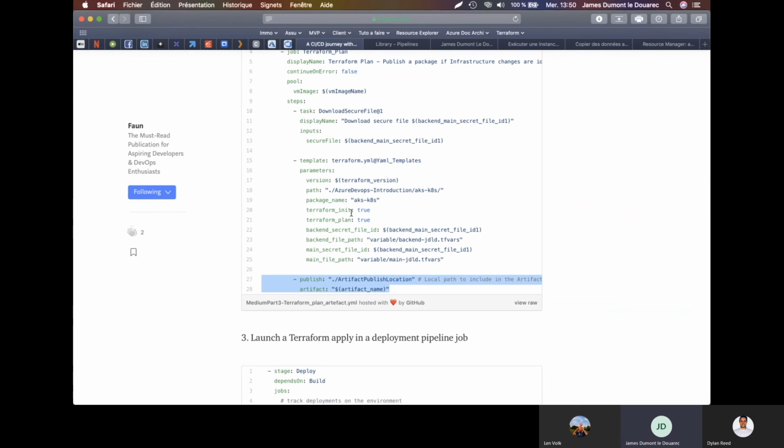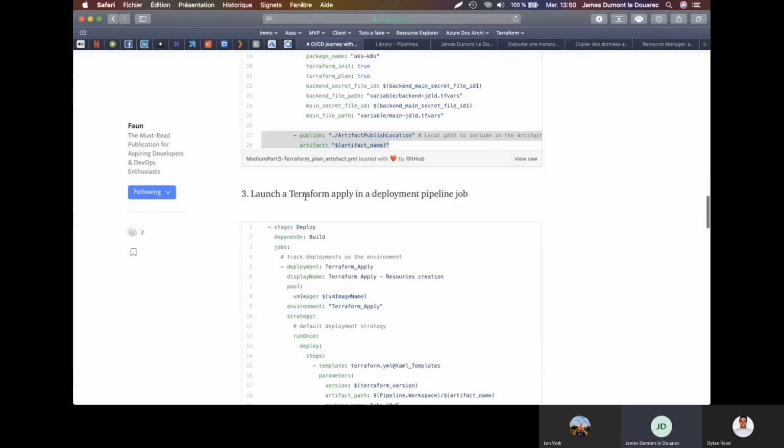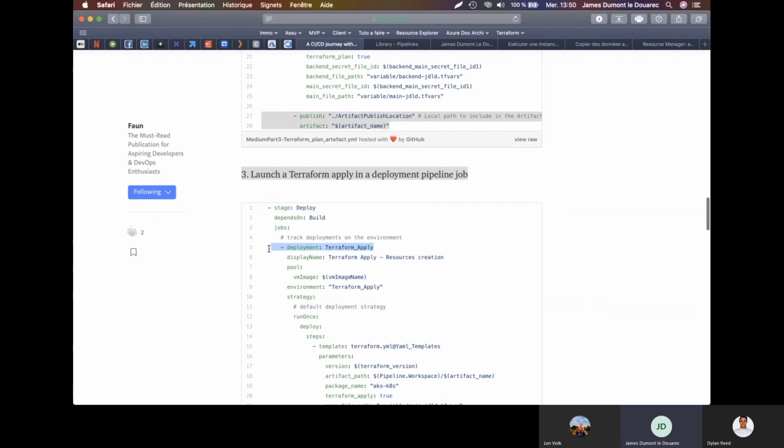So if we go to the next step, the Terraform apply command, now we will have a new stage that we call deploy. This stage is a deployment, an Azure DevOps deployment job. It is different from the other jobs because it actually deploys in an environment.